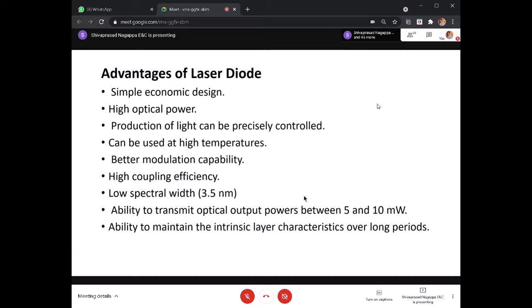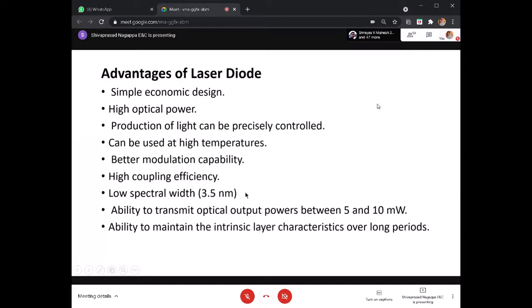All the other surfaces will be closed on one side, with which we can control precisely, and everything will be focused in a single direction, just like your edge emitting LED. This can be used at higher temperature, and you can achieve better modulation capability, high coupling efficiency,